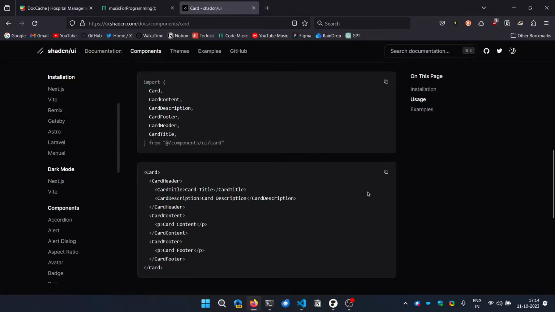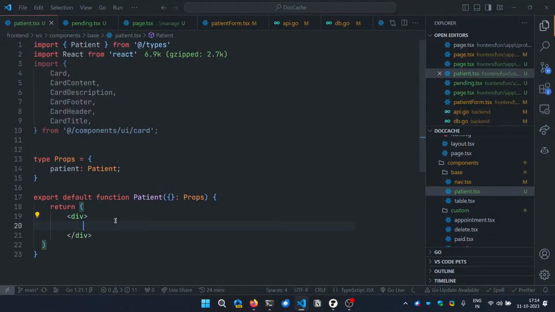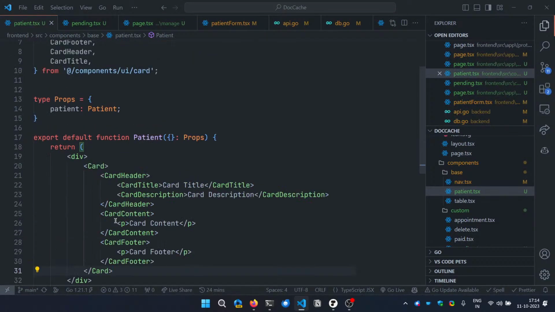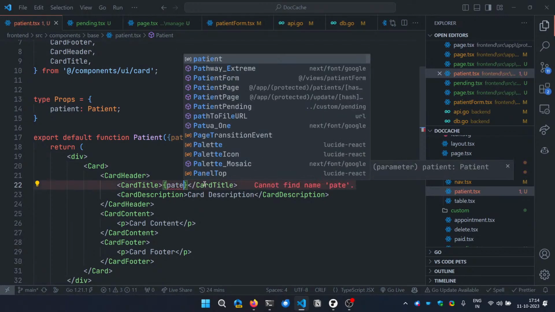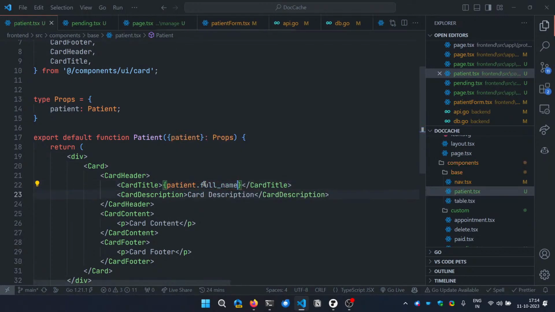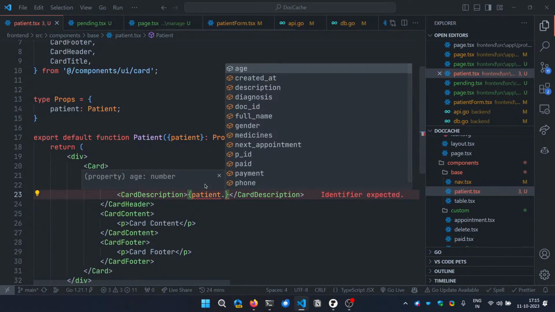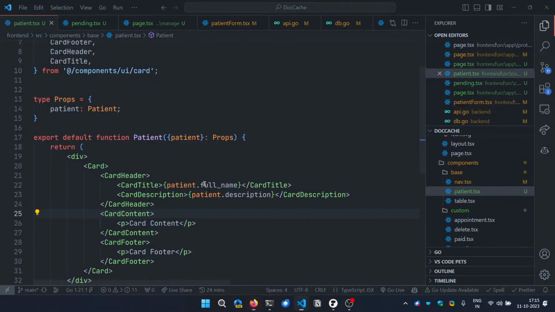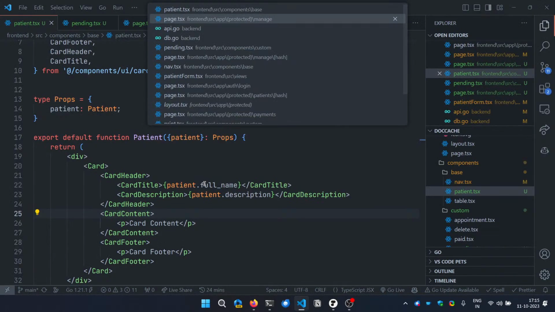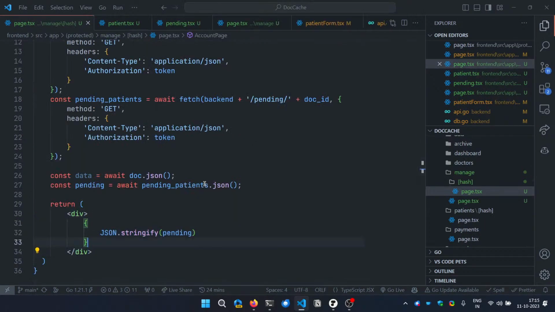The actual use of these, some accessibility and some design specific characteristics. I just like it. I can just put it there. Yes, so we have here, oh, the patient is passed like that, right? So link patient dot full name, link patient dot, what should be put here, description, I guess that's the best I can think of. Yeah, and the whole main DocCache thing,